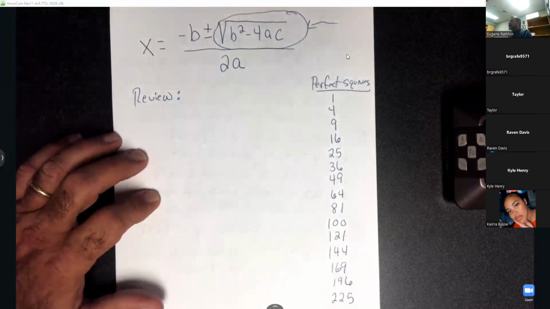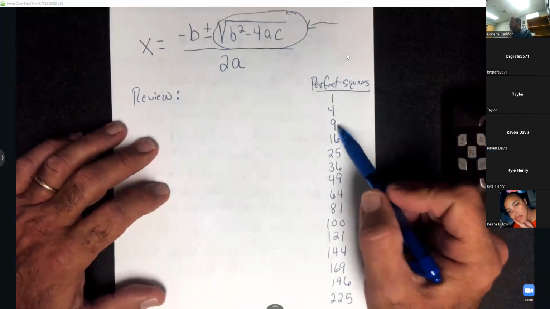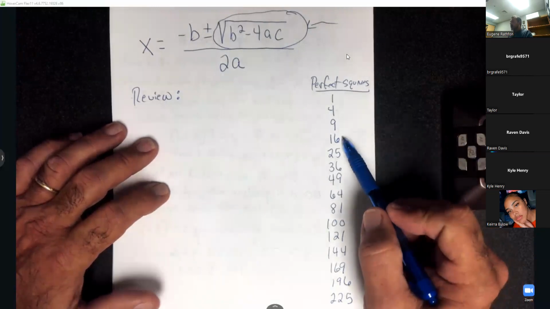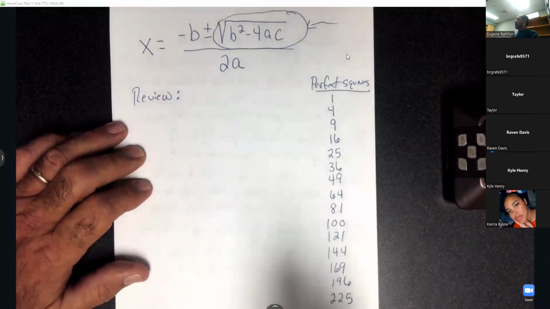So this is the first 15 perfect squares. Square root of 4 is 2. Square root of 9 is 3. Square root of 16 is 4, and so on. Okay? Now,